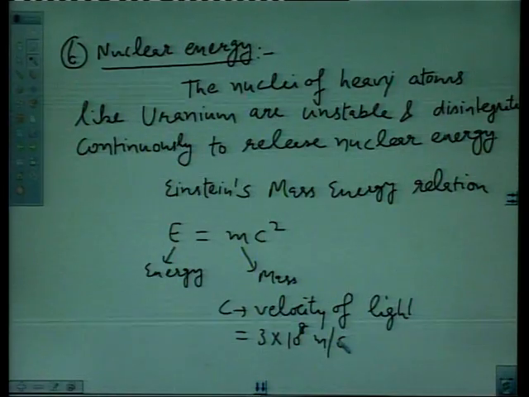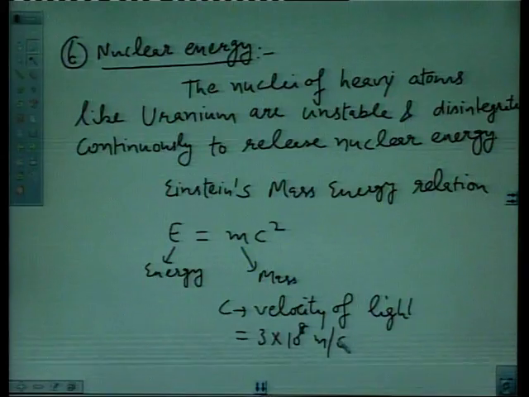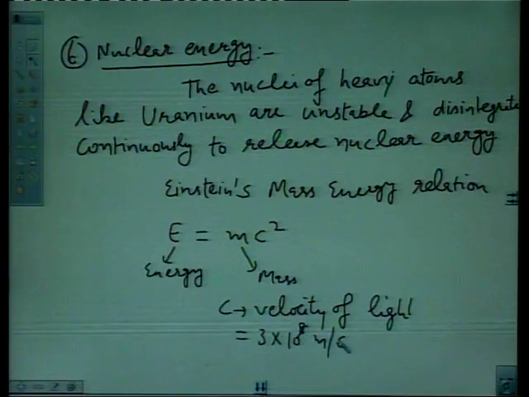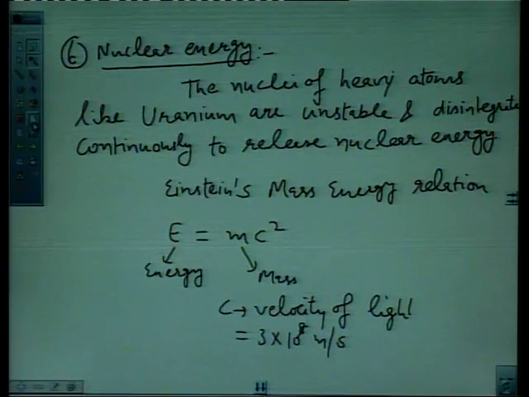Suppose the nucleus of uranium is disintegrating. In this case the mass is destroyed and this mass is changed into energy, which is called nuclear energy. There are various other energies also, like solar energy,